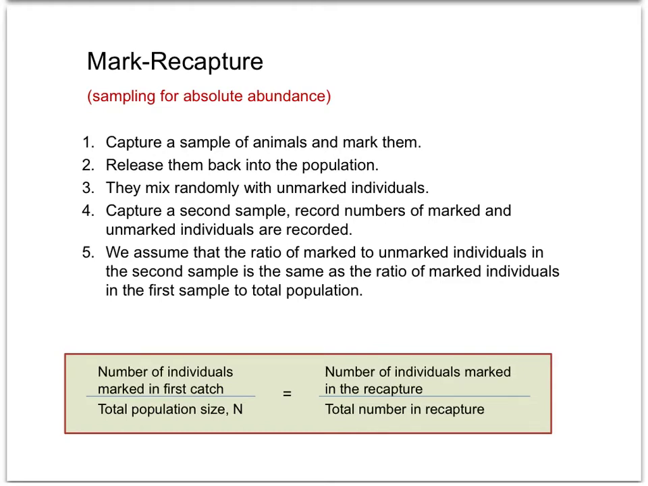So what have we done? We captured a sample of animals and we've marked them. We release them back into the population. We allow them to randomly mix. Let's hope that they randomly mix with unmarked individuals. And then we're capturing a second sample, and then we're going to record the number of marked and unmarked individuals